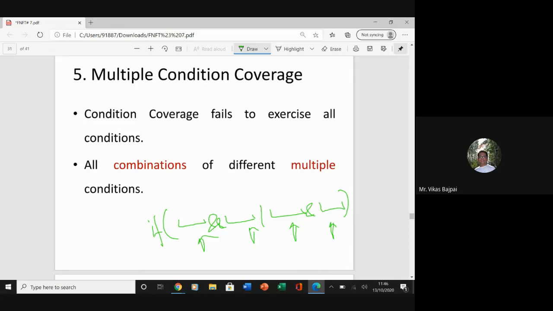Once again I have to take a call that there is an and between these two, but here it is or. So in that case, I have to look for the combinations of these two in order to reduce the test cases.